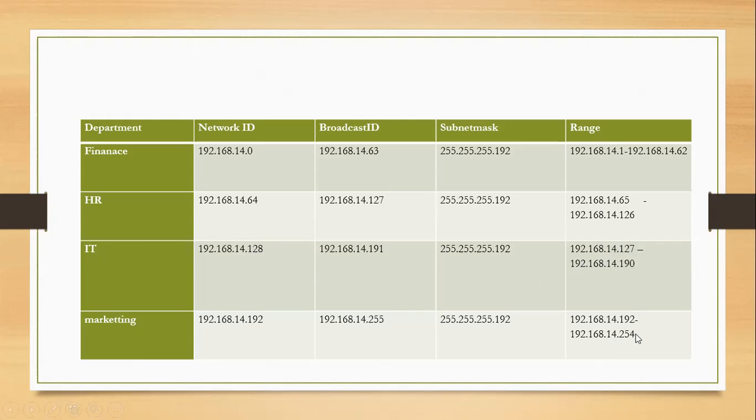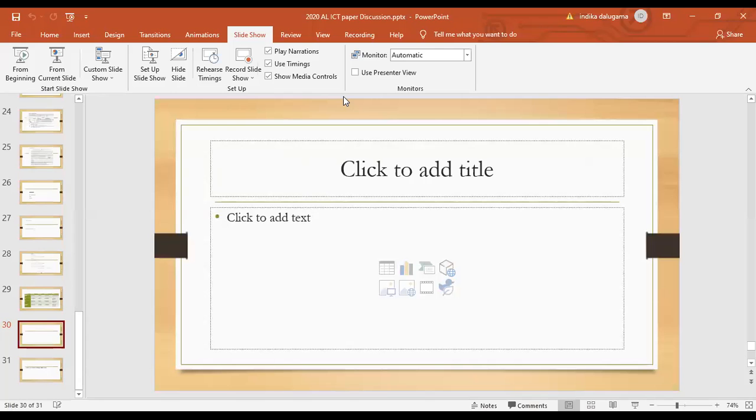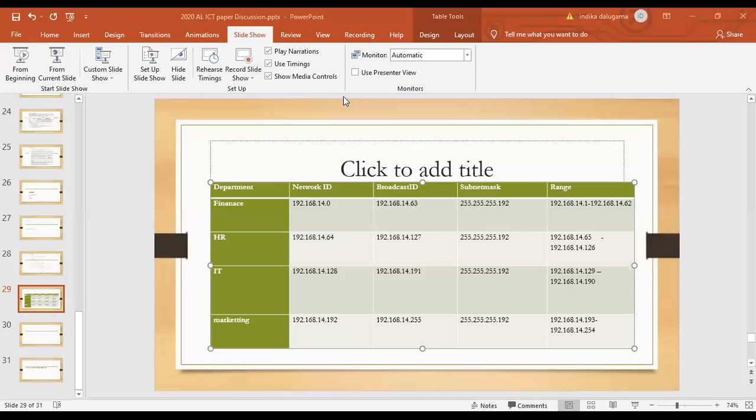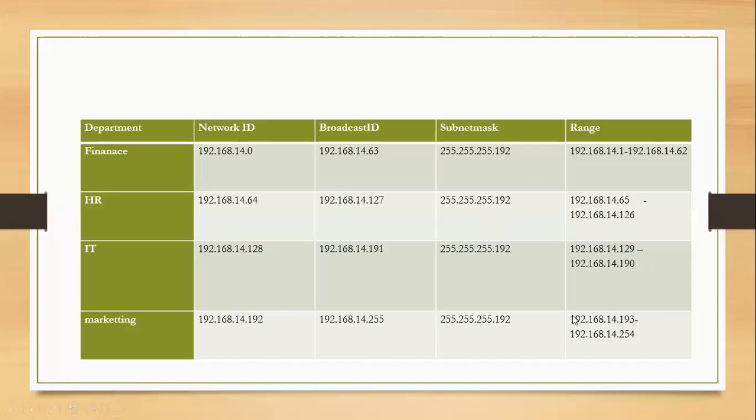And here, 193 to 254. Then you have to draw the diagram